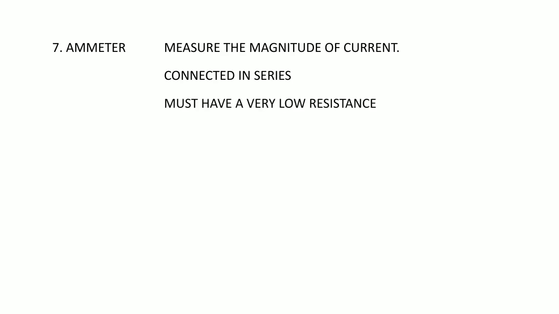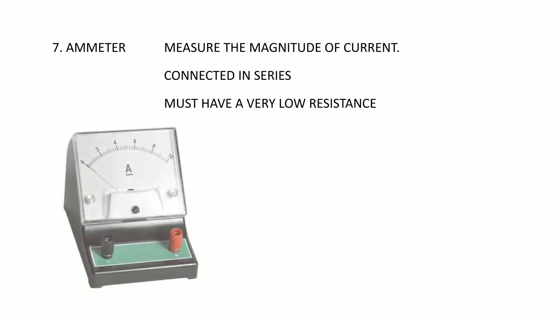That means how much current is flowing through the circuit. An ammeter helps in the measurement of that amount of current. It is usually connected in series, and the resistance inside this ammeter must be of a very low magnitude. It means it has very low resistance, so that after you connect an ammeter in the circuit, it does not change the value of the overall resistance of the circuit. So its resistance should be very low.